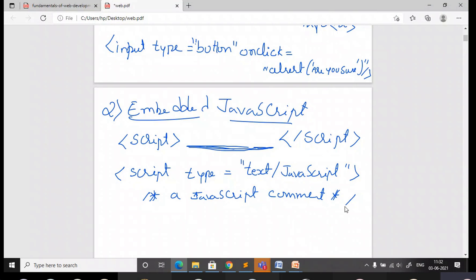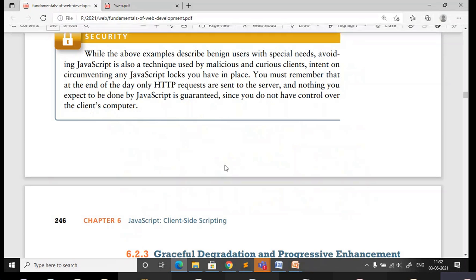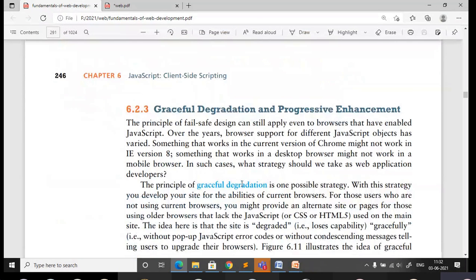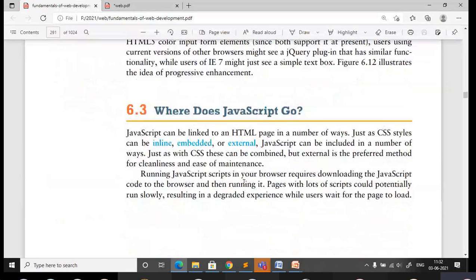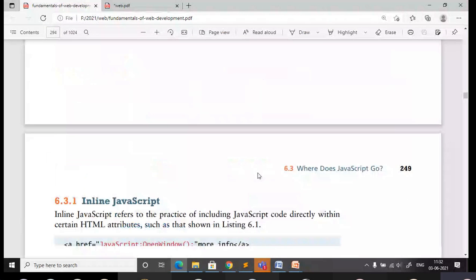Then you can add the code here, whatever I wrote in the previous program, that is alert.